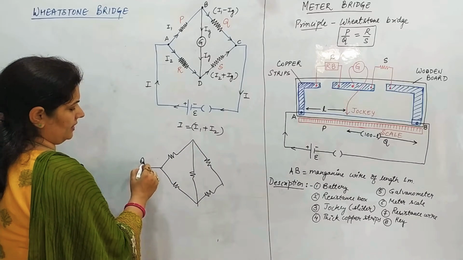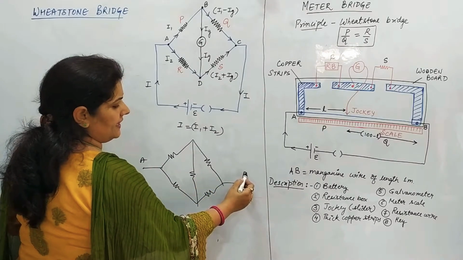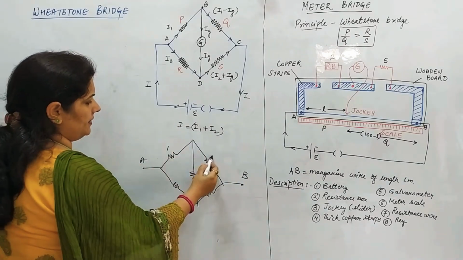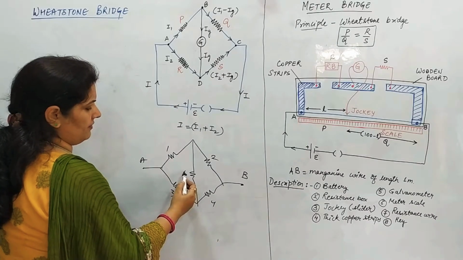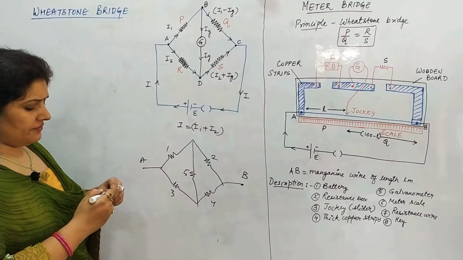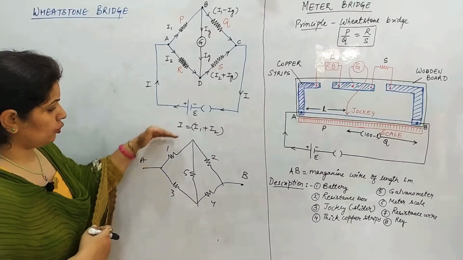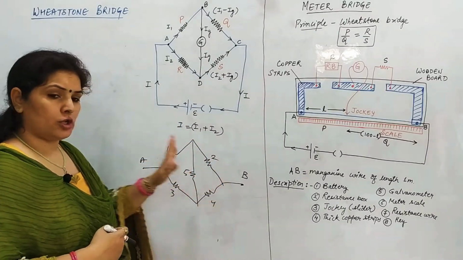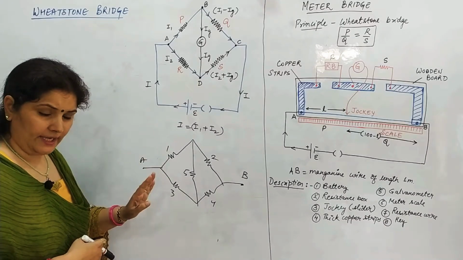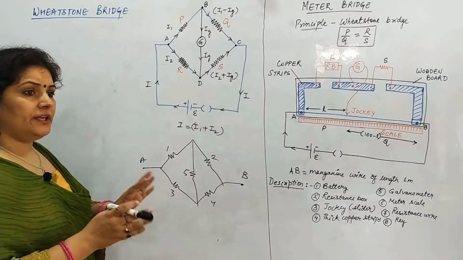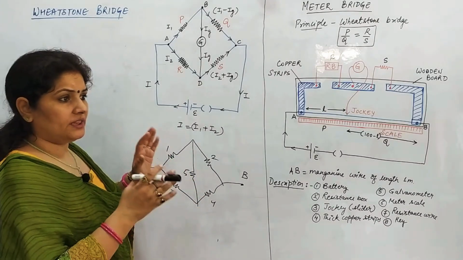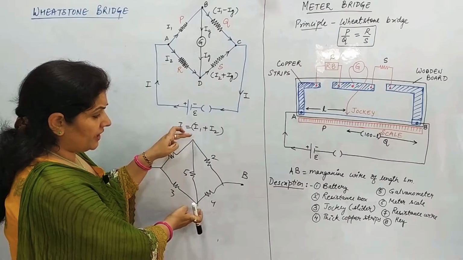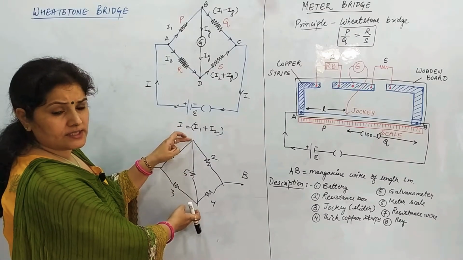As I told you earlier also, open ends means we consider that the battery is connected. So 1, 2, 3, 4, 5, let us say. Right? So what is a Wheatstone Bridge arrangement? We have taken 2 resistances in bridge form and the remaining 2 resistances also in bridge form. Right? It is found according to the Wheatstone Bridge principle that in case the potential of these 2 points is the same,